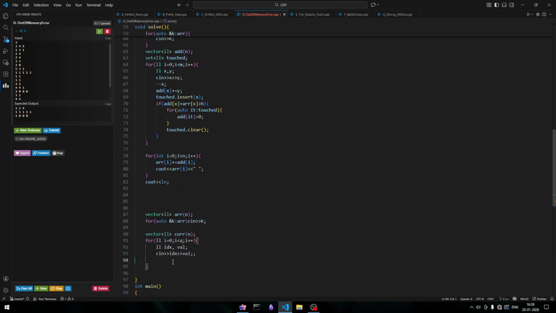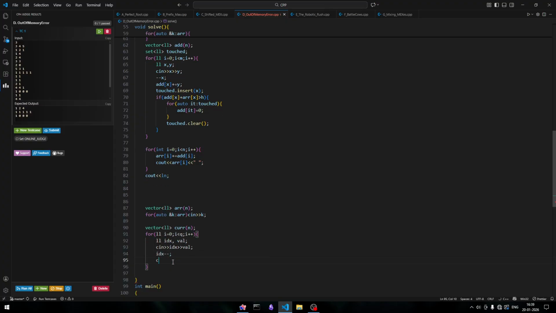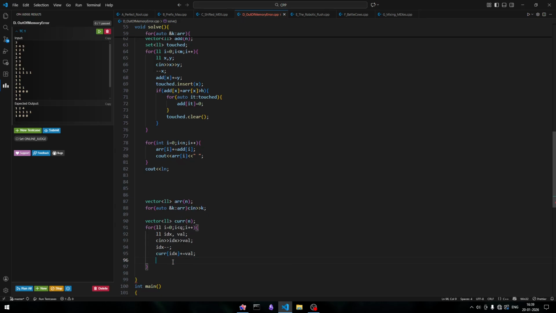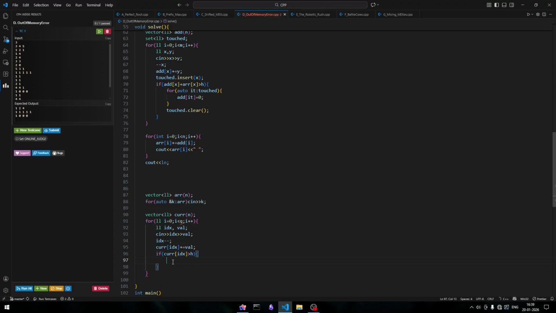Well, we have 0 base, so we'll be taking idx minus 1, then you would be doing current of idx plus equal to val, and then if current of idx is greater than h, then what you're doing is that